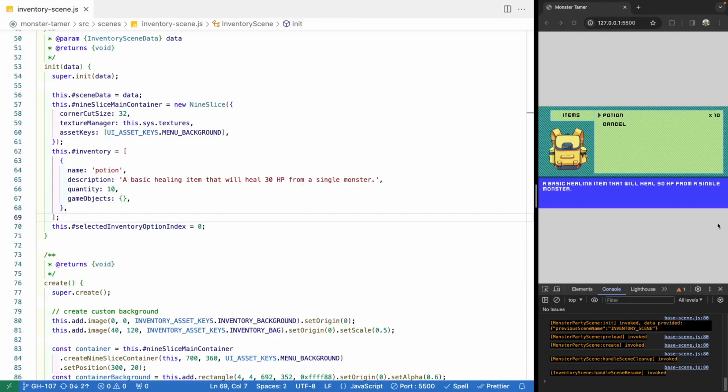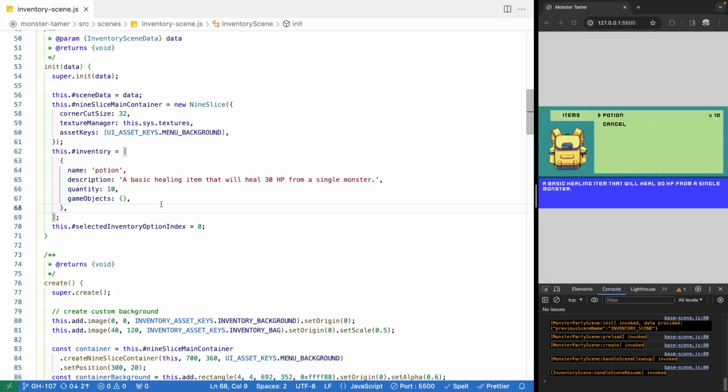So now that we've wired up our inventory scene to our world and our monster party scene, the next thing we need to do is revisit our logic for our actual inventory itself. Currently in our scene, our inventory is an array of objects that represent the items the player currently has in their possession and their quantity. What we need to do is move this logic out of our scene and over to our data manager. That way we can persist our item data when we save our game and load it. We will also need to work on creating a master list of the items that will be